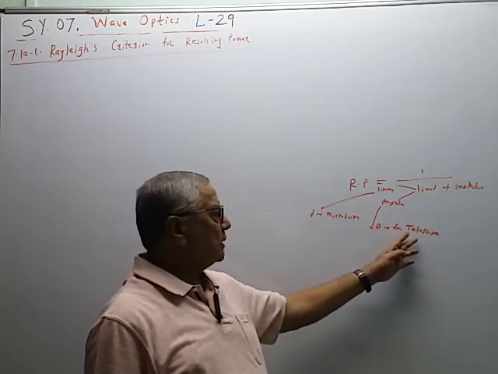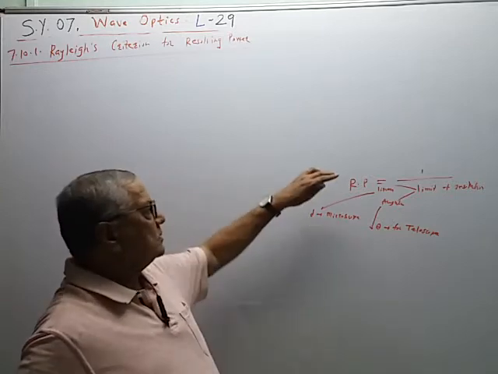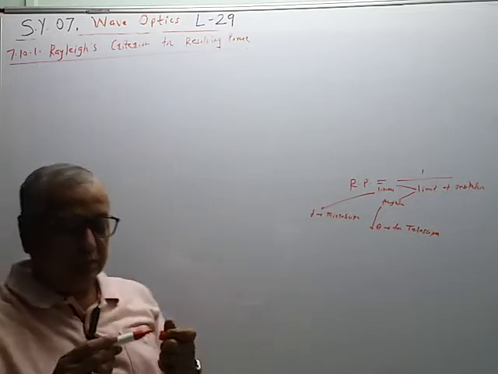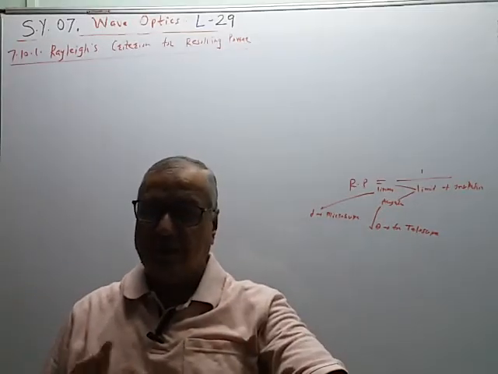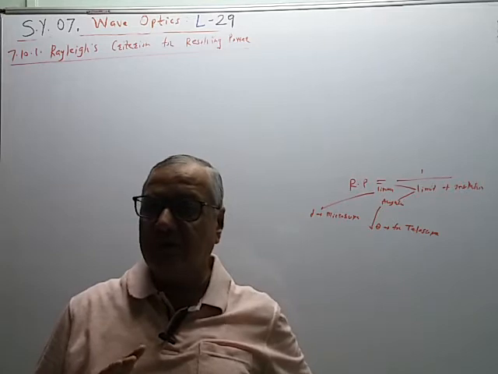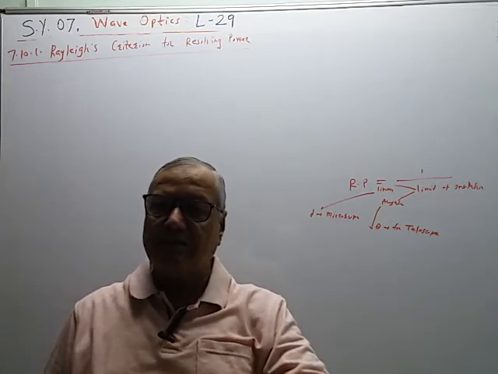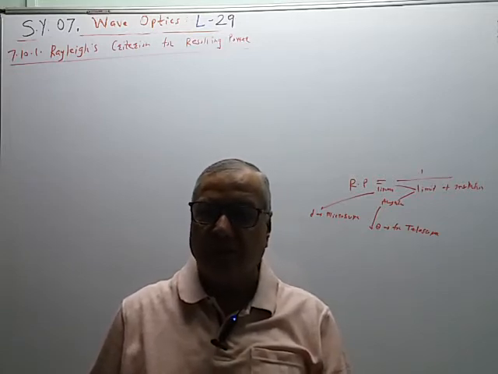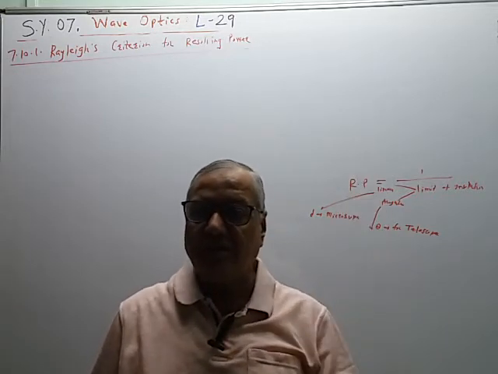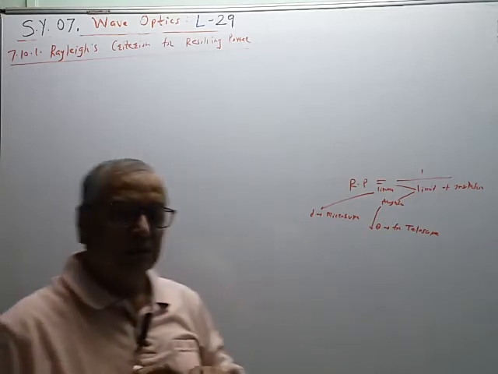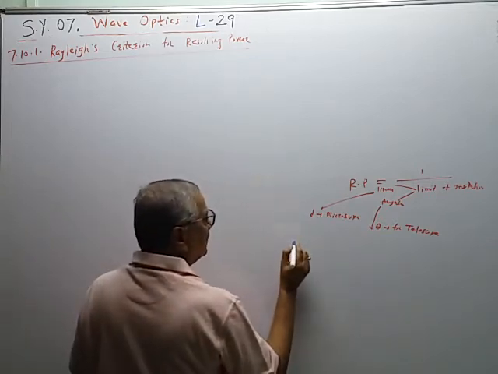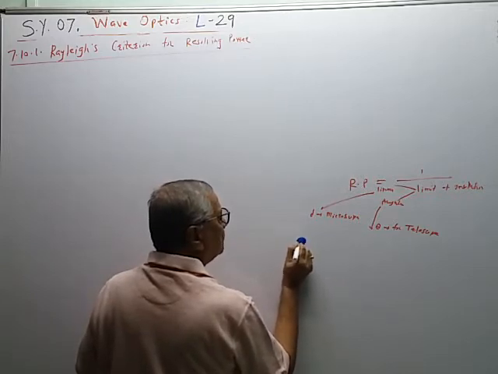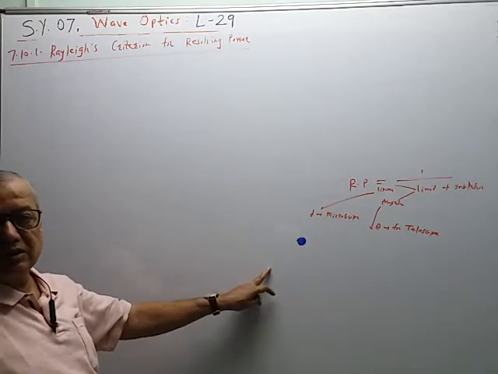So before going to the microscope or telescope, let us see what this criteria is. When two objects are said to be just resolved, unresolved, and well resolved. Again, I will repeat the same example. When the car is at a very long distance away, then we see only one image of the headlamp. There are two headlamps, L1, L2, but we see only one image, so the objects are not resolved.